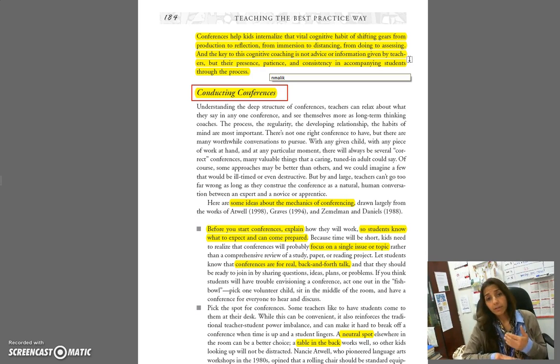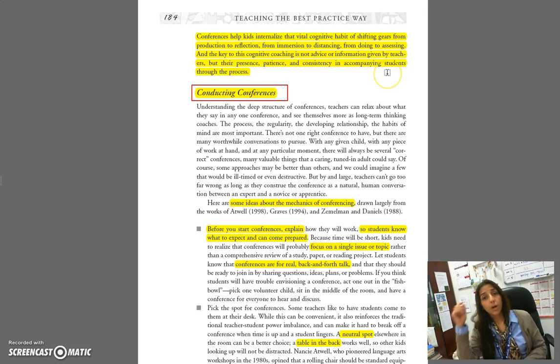And again, have consistency, not having one conference and then another after 3 months, but regular conferences spaced out, maybe after 1 week regularly, or maybe after 2 weeks regularly, depending on, again, the nature of the students' difficulties. So that was what conferences are. That is what we discussed just now.